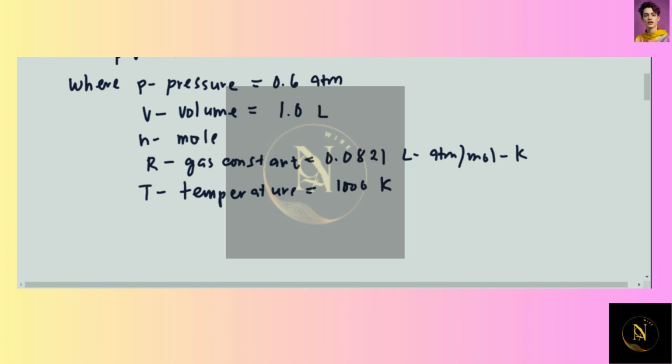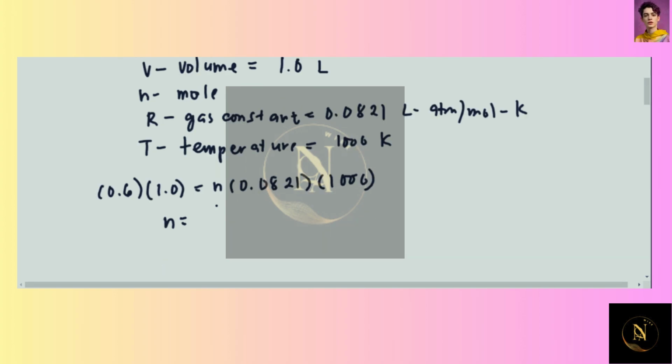So we get 0.6 times 1.0 equals n times 0.0821 times 1000, and this gives us n as 0.6 times 1.0 over 0.0821 times 1000,